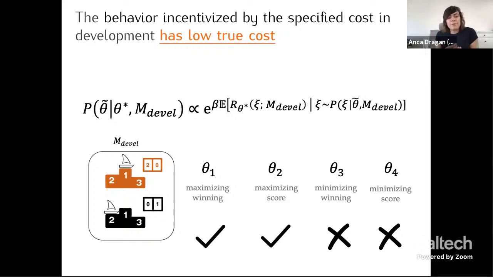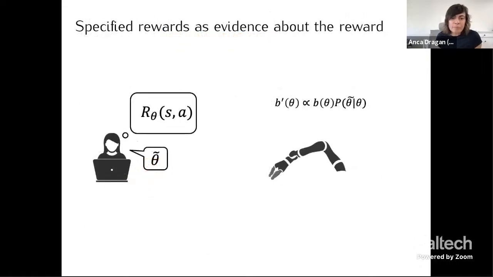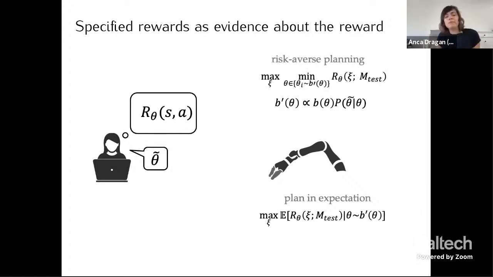And I think that's really magical because it has sort of this uncertainty where it knows some things that you said are correct, but it doesn't say literally what you said is the entire truth. So it's like, well, okay, you said score, you could have meant score, you could have meant winning. And then that gives it this updated belief on what the true theta might be. And then what it can do is plan in expectation, so sort of hedge its bets. It can even do risk-averse planning, right, and try to be conservative with respect to any of the thetas that are sufficiently probable under its posterior.